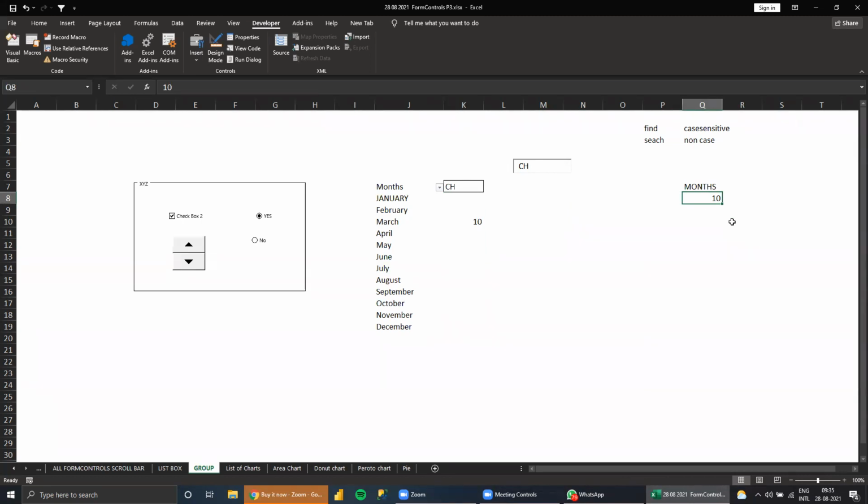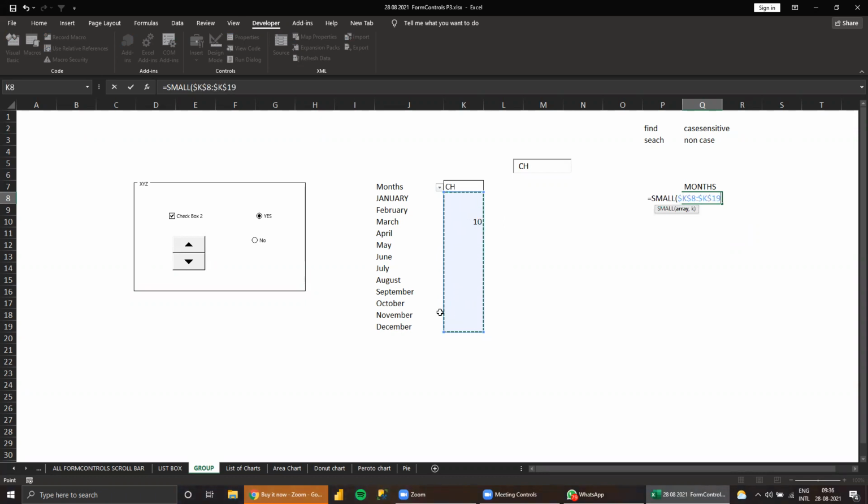You need to know all the formulas. Come on, tell me. Sir, is it SMALL formula? Super, very good. SMALL with the combination? A dynamic?